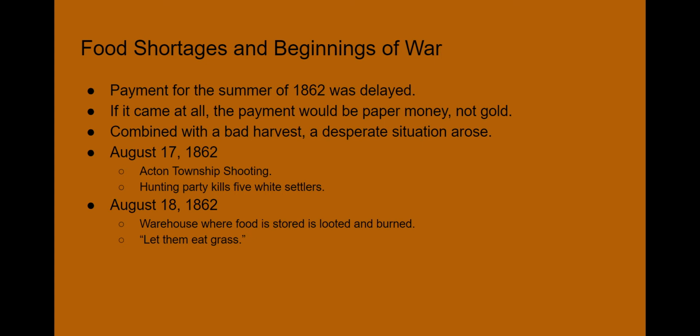Combine this talk with a bad harvest and the fact that food was scarce because of that bad harvest, and a desperate situation arose, particularly on August 17th, 1862. 4 Dakota men were out on a hunting expedition. They came across a homestead, and they were searching for food when they actually got into a shootout with a white man, and it ended up leading to 5 white settlers being